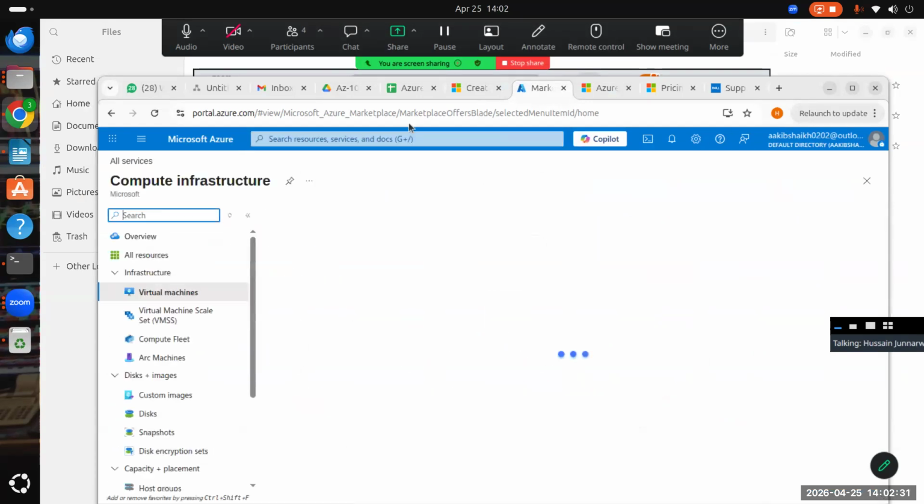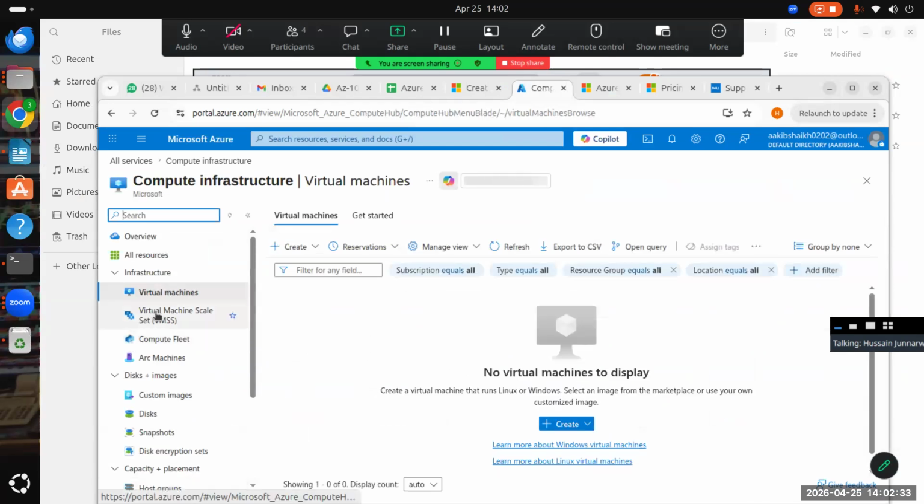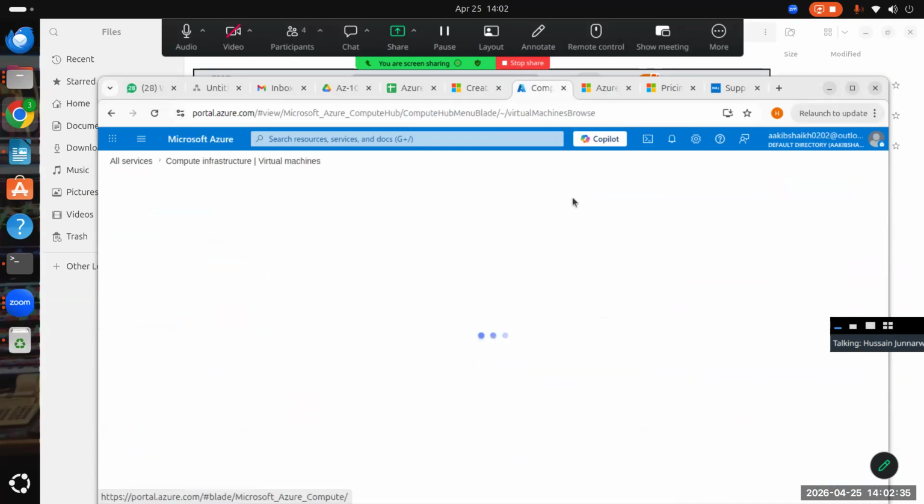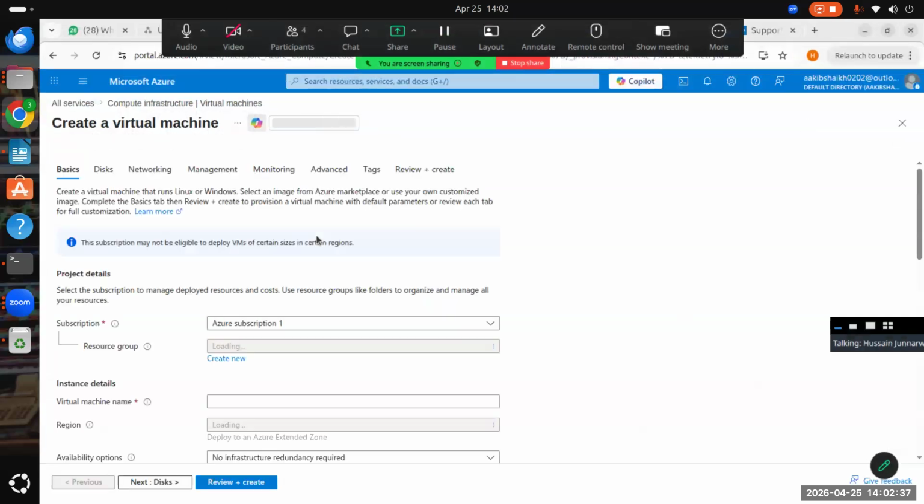Example, this is the virtual machine. Now, if I create a virtual machine, if I create, this is what I'm creating, a server. If I create a server,